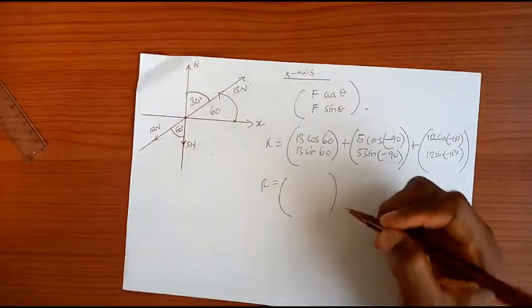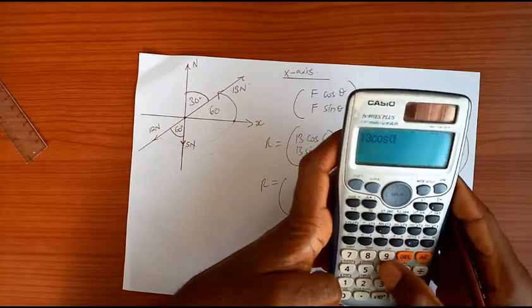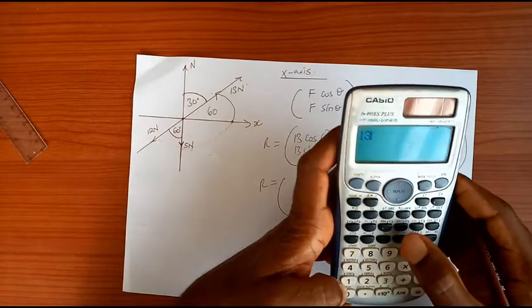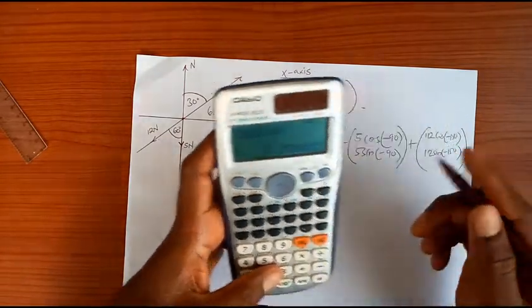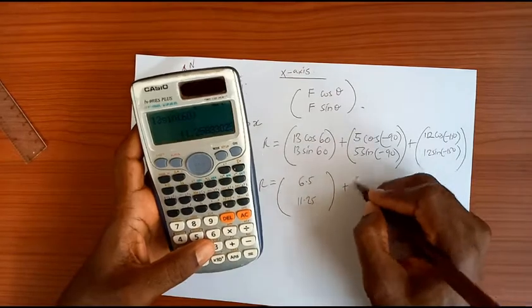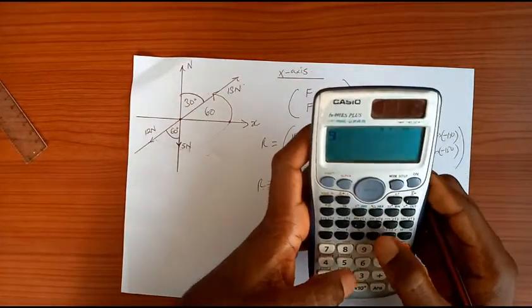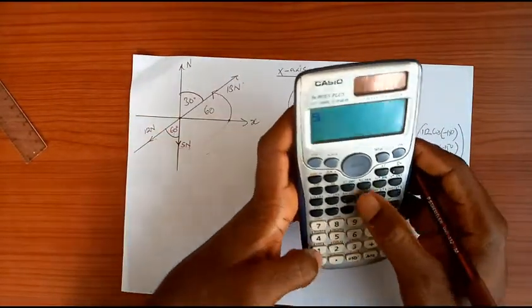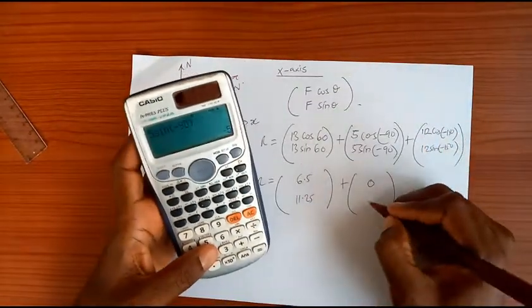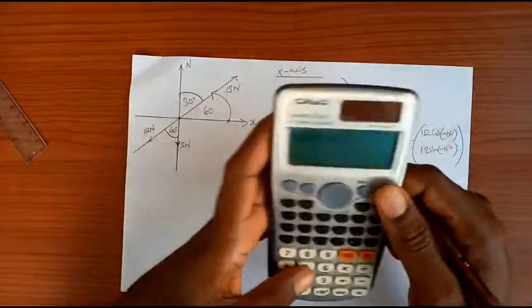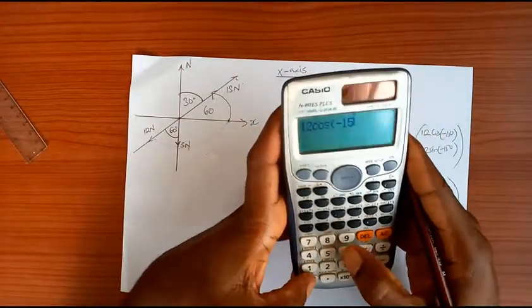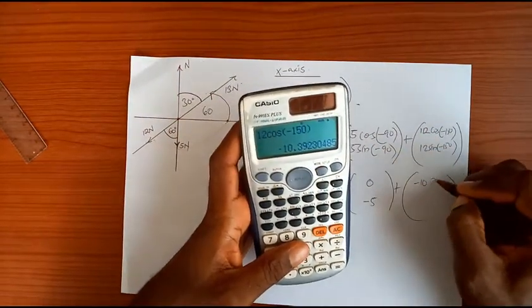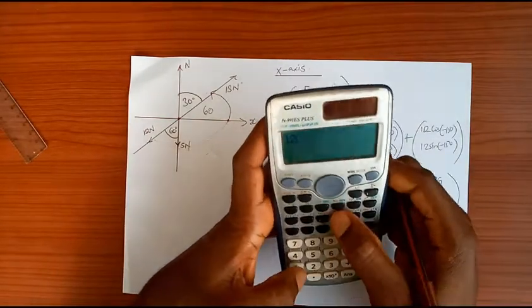my R is, so 13 cos 60, what do I get? 6.5. 13 sine 60, what do I get? 11.25. 5 cos negative 90, 0. 5 sine negative 90, negative 5. 12 cos negative 150, negative 10.39. 12 sine negative 150,